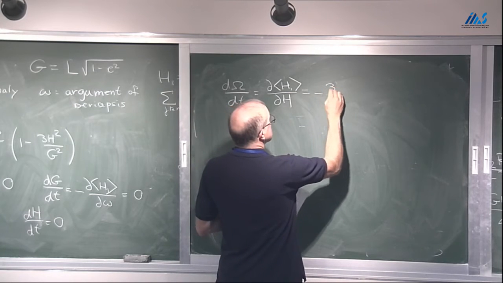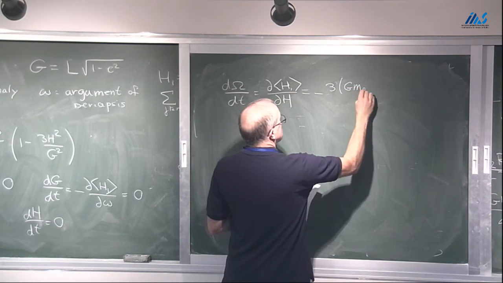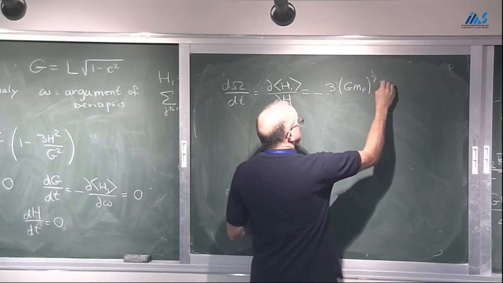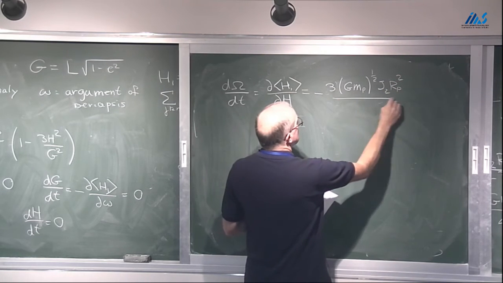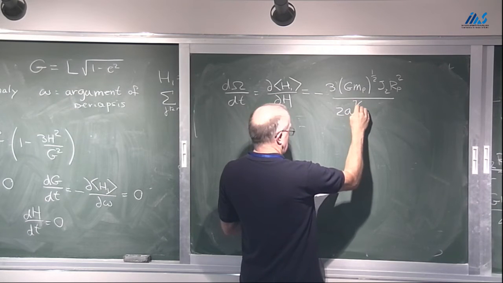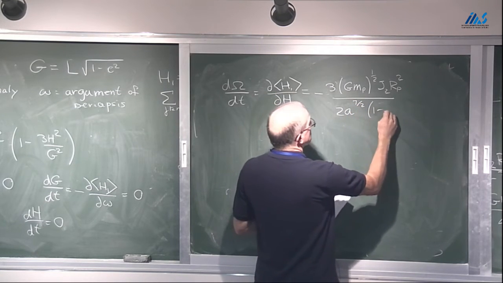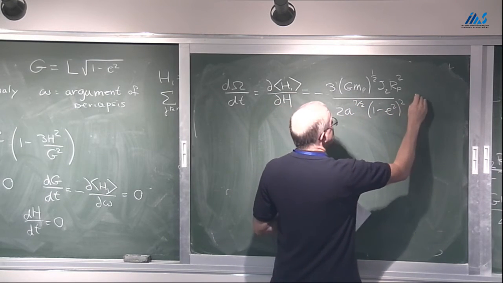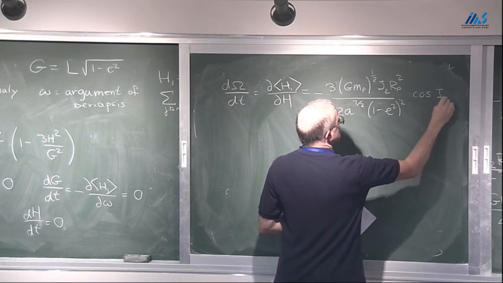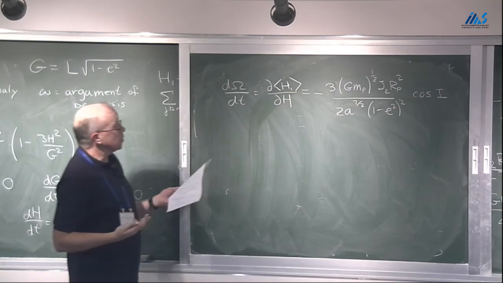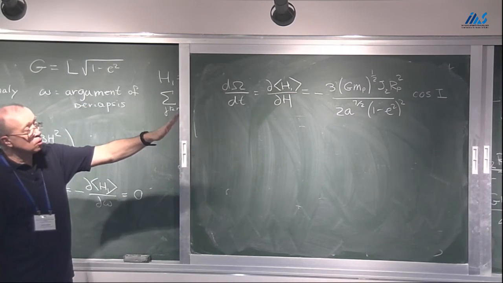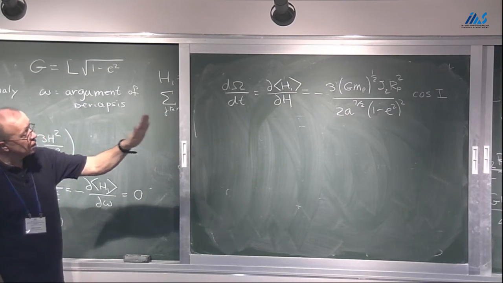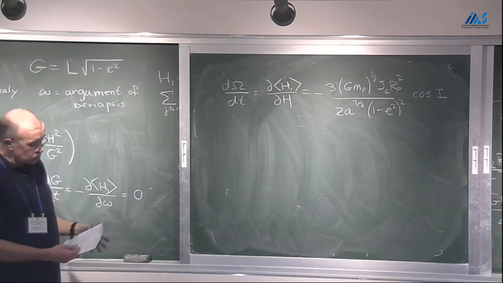It's minus 3 G times the mass of the planet to the 1/2, J2 planet radius squared over 2a to the 7/2, 1 minus e squared, cosine of the inclination. Nothing special about this. It says that the node goes retrograde, so the intersection of a satellite with the equator travels around the Earth